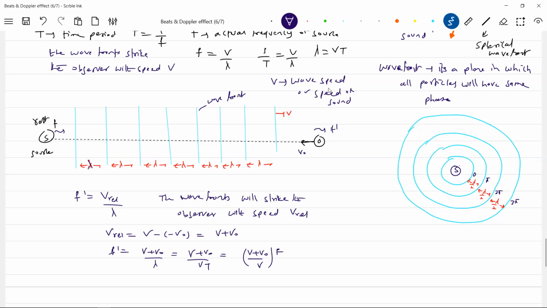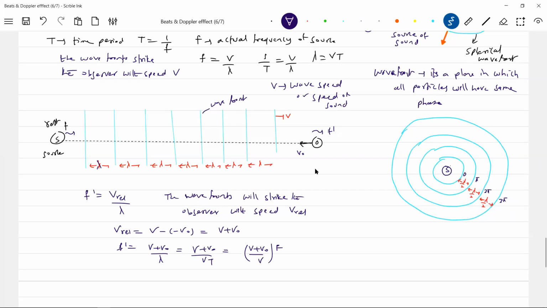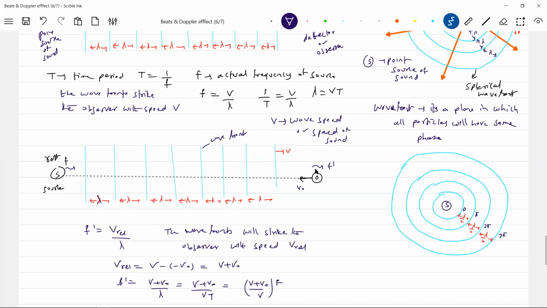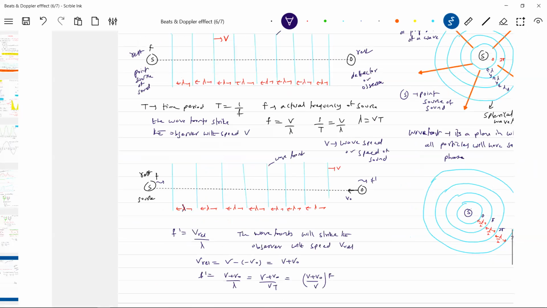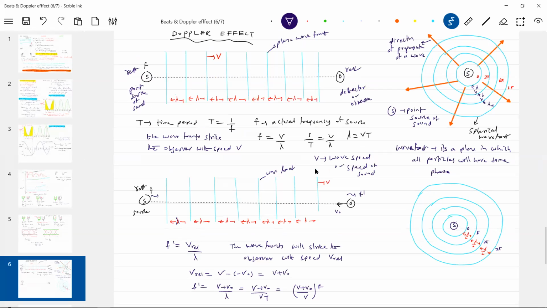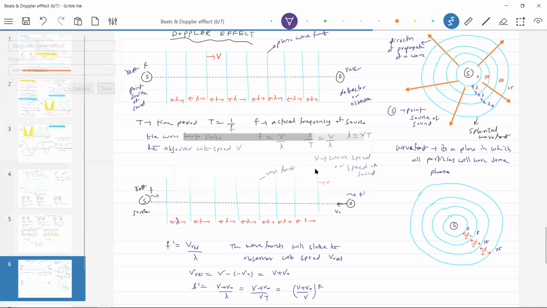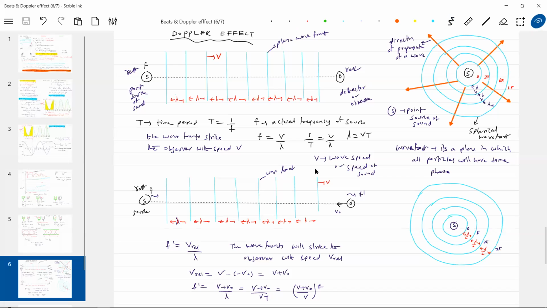So now what about the frequency at which he is going to hear? He is going to hear the sound signal at a different frequency. Why does this happen? Because there's a relative motion between source and observer. I'm putting the complete description in front of you. Got the idea, no? It's a very small basic thing. So he is going to hear it at a different frequency. This is called the apparent frequency.